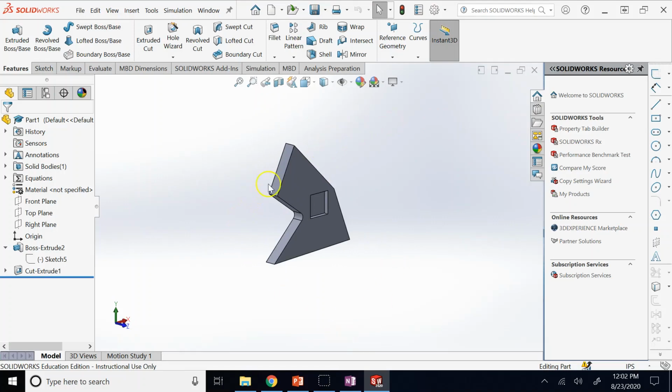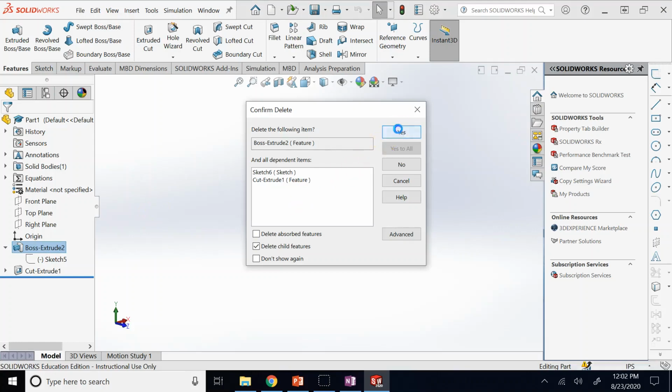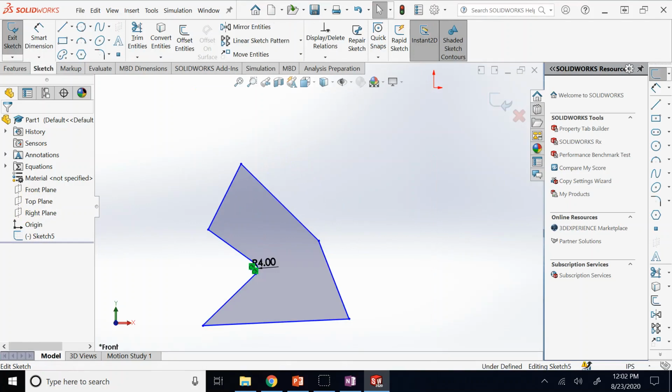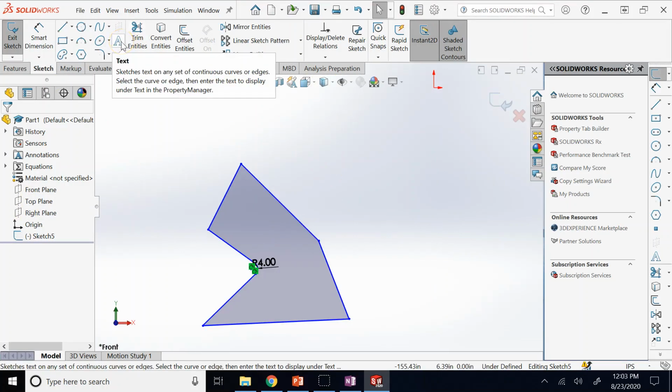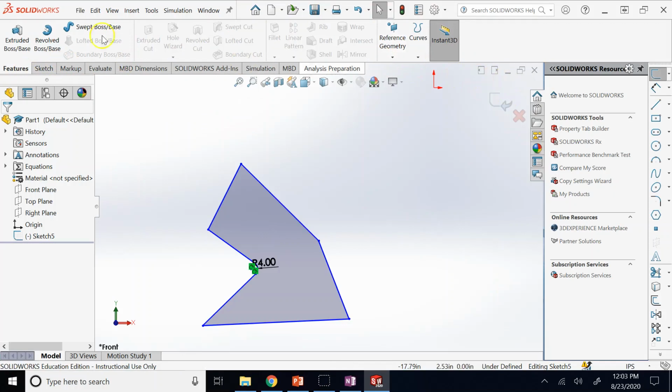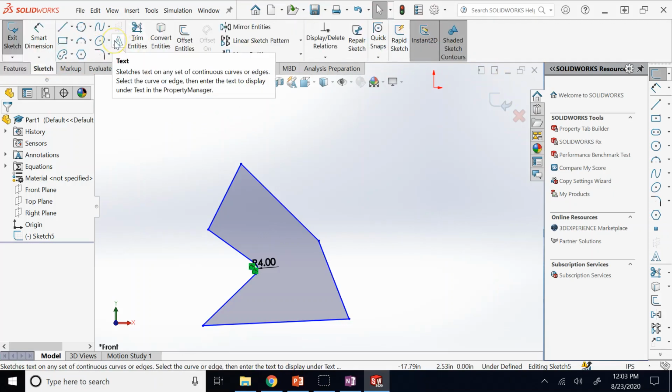So that's some of the things I mentioned about fillet and chamfer. The other command that is actually very useful is text. You can basically type anything that you want. That is extremely useful for many applications. In CATIA, you don't have this option, and when you want to add some text so that you can make your own logo or anything on the part, that is not available directly in the sketch and makes life very